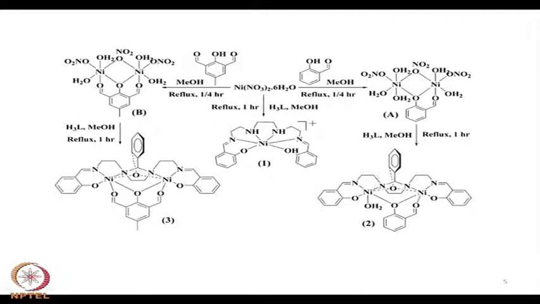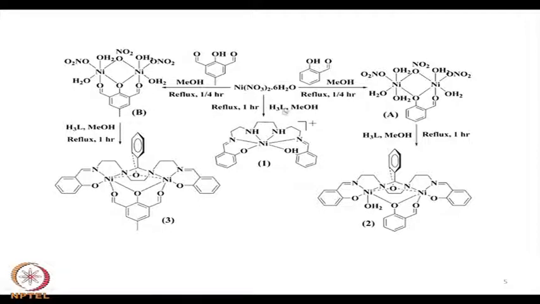But when this particular group goes away, that means removing one salicylaldehyde molecule from the system, you end up with a simple hexadentate ligand. So, this is a typical hexadentate N4O2 ligand, and nickel will nicely coordinate to all 6 donor groups, giving a corresponding complex. But the situation depends upon the condition,